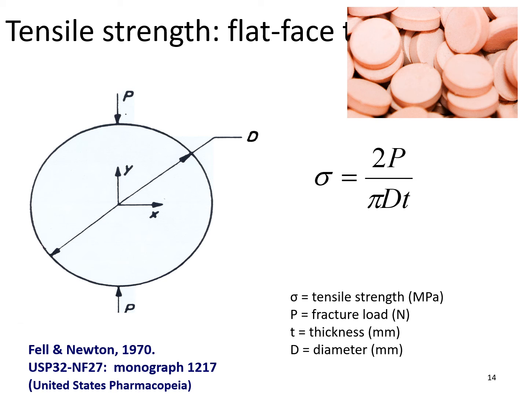But this equation takes out the impact of size because you're taking your hardness value and you're dividing it by the diameter and the thickness. So you are rather cleverly taking out the impact of size. It gives you a non-dimensionalized value, a value which is independent of the size of your tablet. The target we're looking for is greater than 2 megapascals. If you make your tablets greater than 2 megapascals, then in production, you're not going to run into any issues.